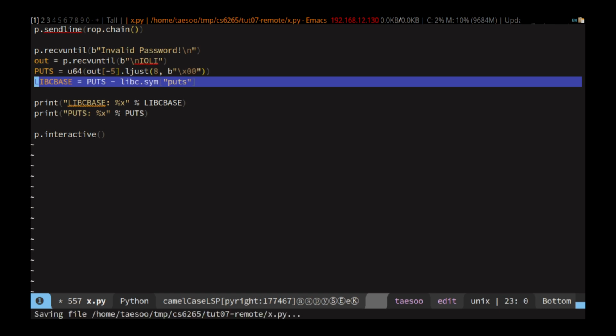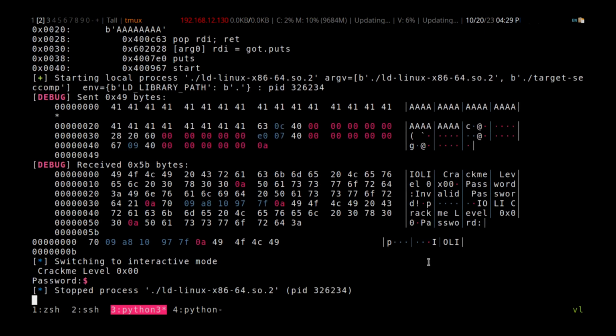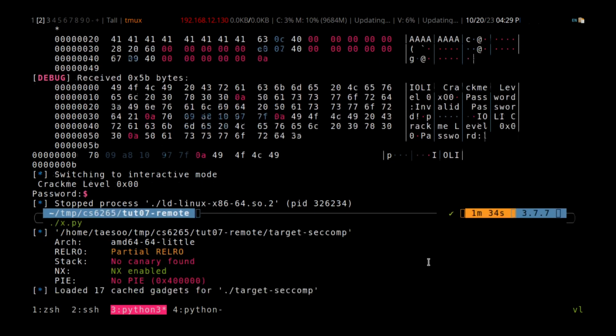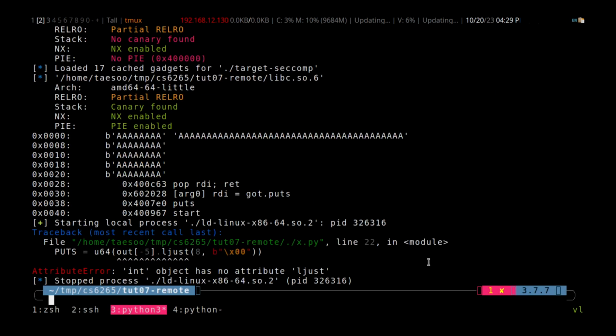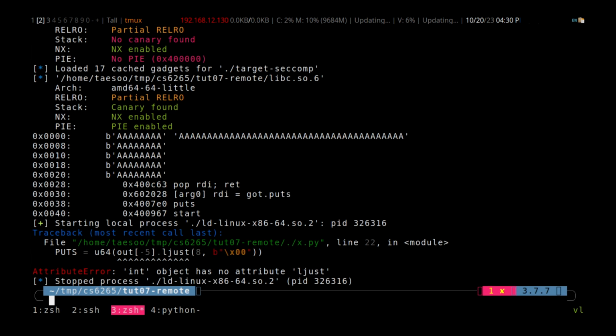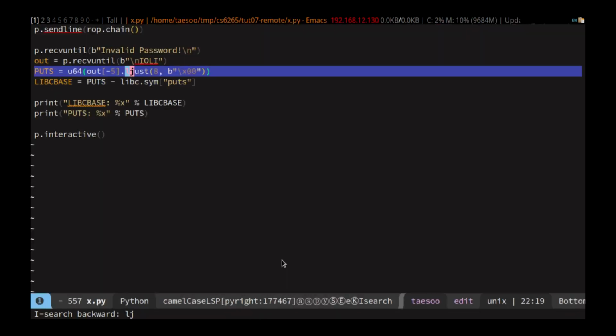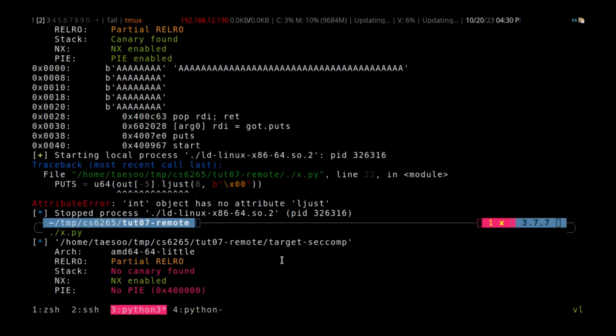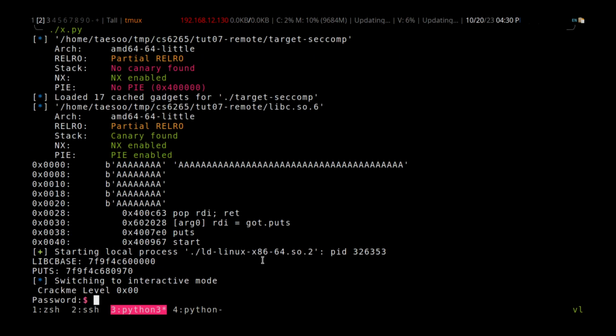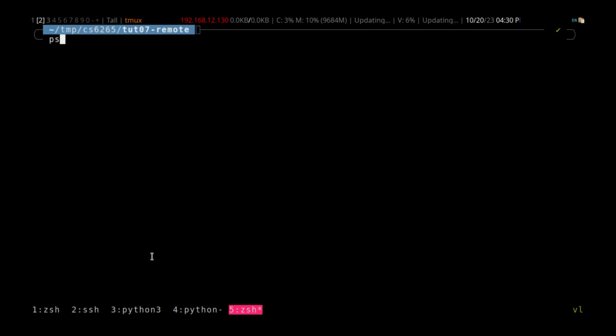See if we can correctly get the libc base by executing them. No attribute of ljust. It's not slice. So it seems we got the corresponding libc base. How to verify? The least significant byte is nicely page aligned, or similar to what we did before,